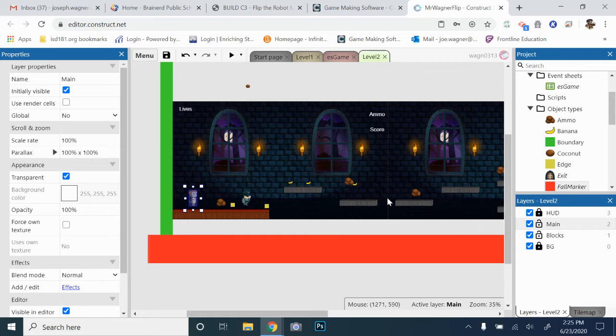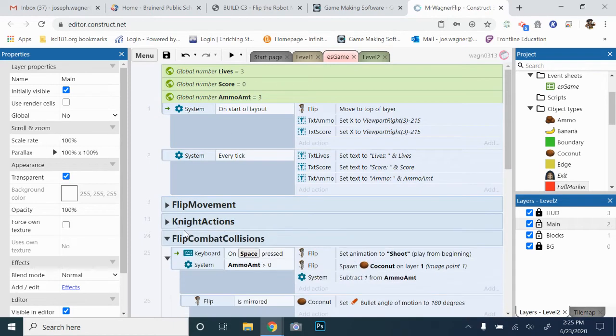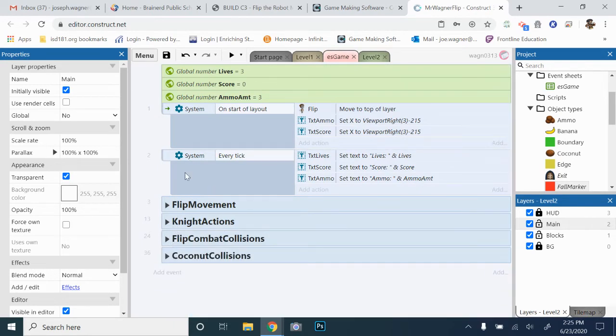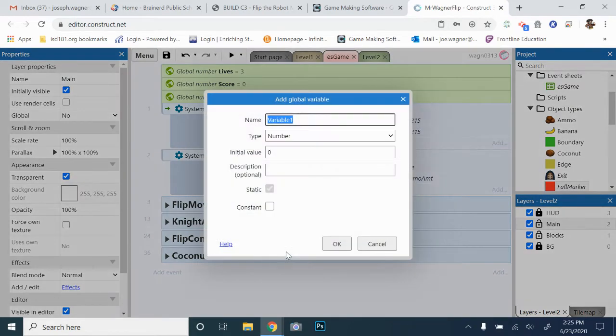All right, so now I think we are ready to go to the event sheet. So go to your ES game, minimize all the groups you're not using so it doesn't look too complicated. We're going to start with the global variable to track our levels. So we're going to start to get our level system in so we can go from level to level by touching the exit. So just right click down here, add a global variable called level,